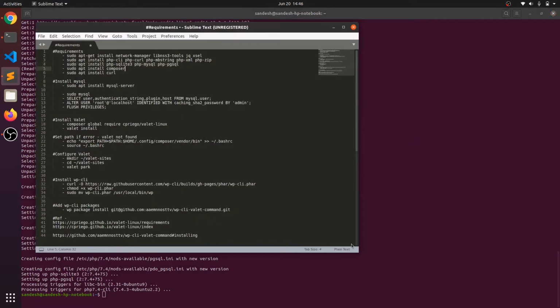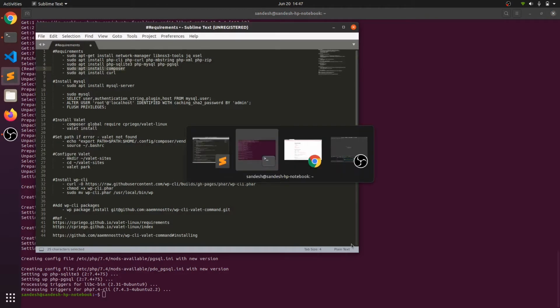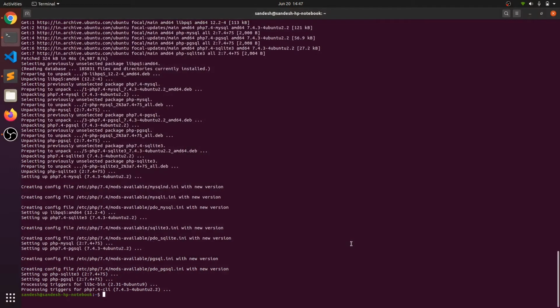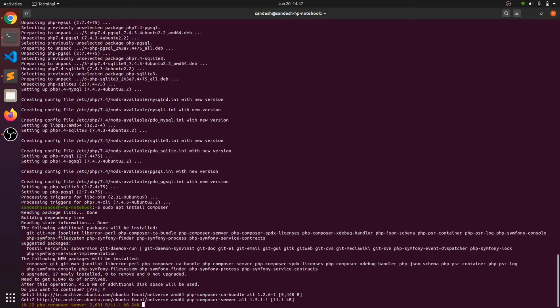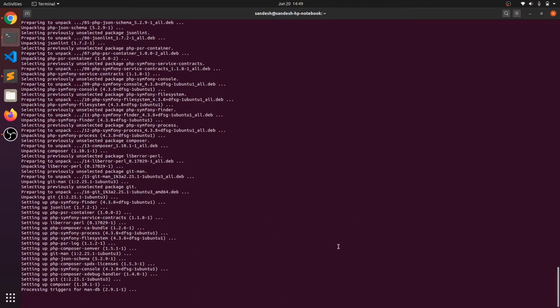Now there are two important things, Composer and curl. I am going to install Composer first. Composer is the main part, which you need to install Valet Linux from GitHub. We are installing Composer, and the Composer installation is done.